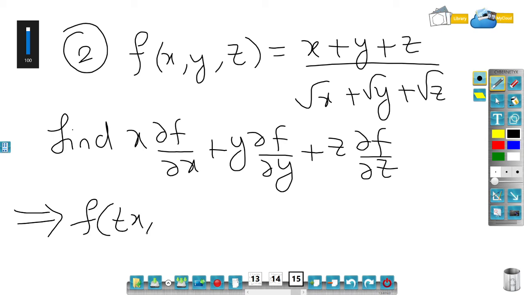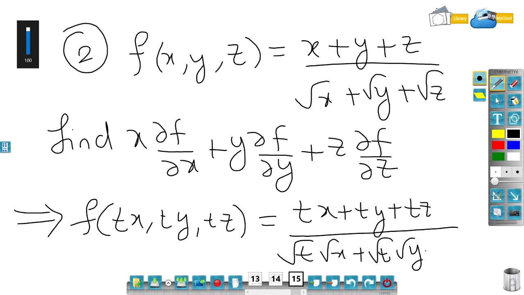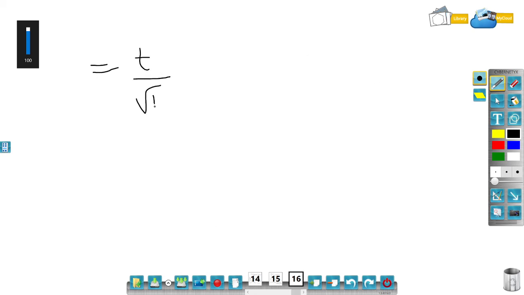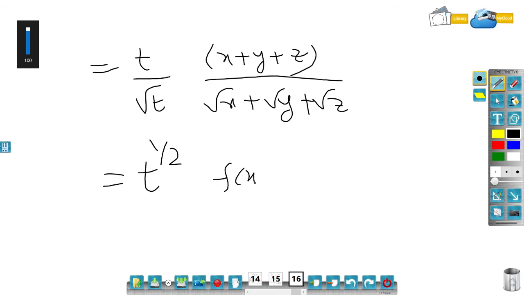So f of tx comma ty comma tz is equal to tx plus ty plus tz upon root t root x plus root t root y plus root t root z. T will come out, root t will come out of the denominator, so it is t upon root t times x plus y plus z upon root x plus root y plus root z, and this is t raised to half